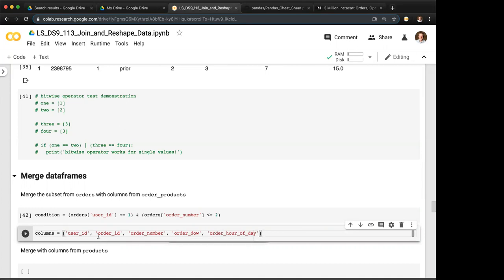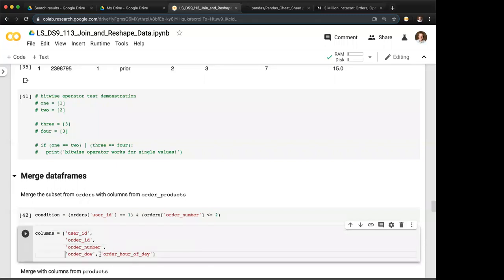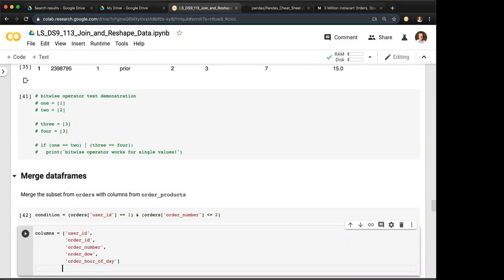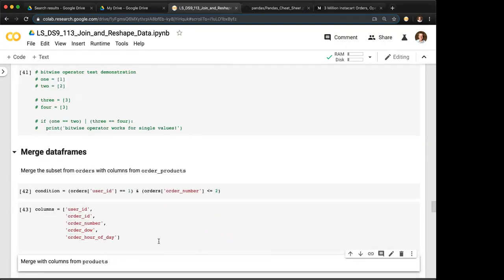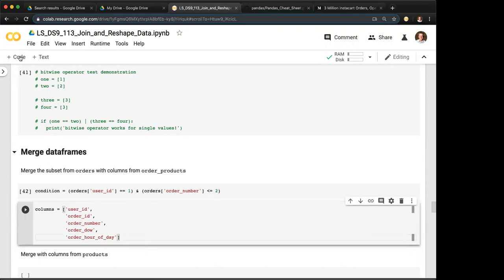And that went over the 80 character line, so I'm going to reformat this like so. All right. Now, to get my orders subset,